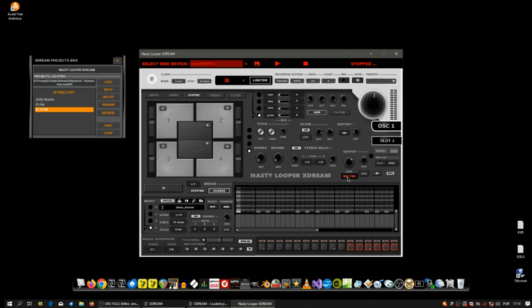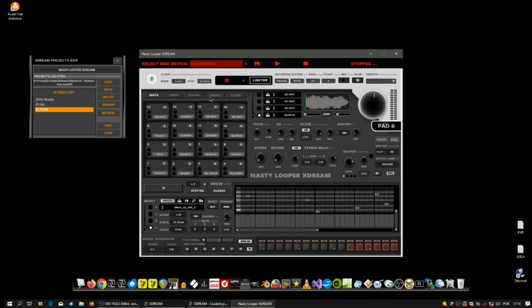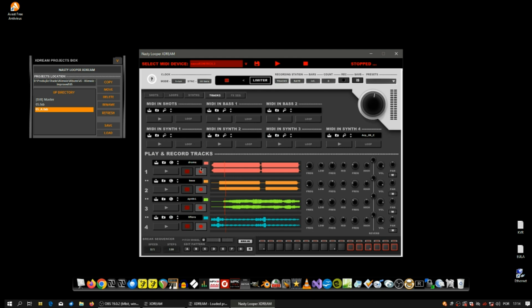In the synth you also have the rec track button for each synth. And yeah, the FX sequencer records master, and then you can create this by recording individual parts of the track, okay, the drums, the bass, the synths, etc. This sounds right here in the record tracks